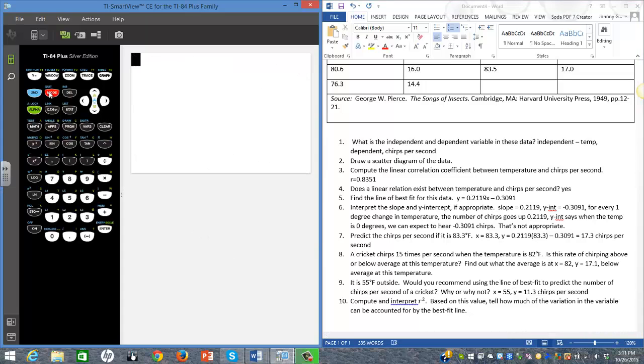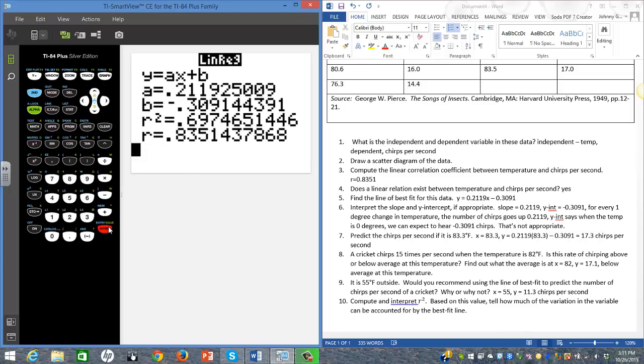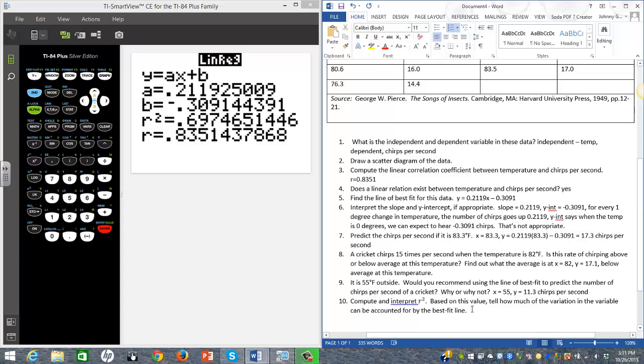I'm going to do a second quick and go back to my line. We had already got the correlation coefficient. I'm going to hit enter again just to get it. Oops. We got r to be 0.835. Now r squared is just taking r and squaring it. So r squared equals 0.6975. So what that tells us about the variation in the variables means that 69.75%